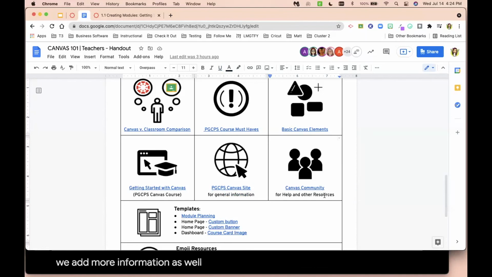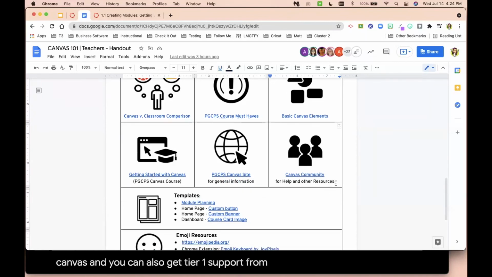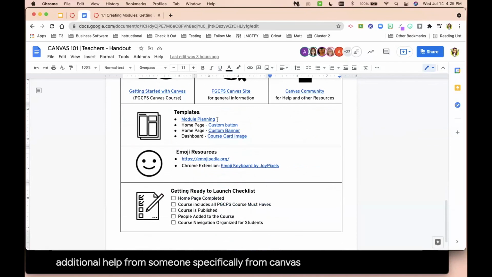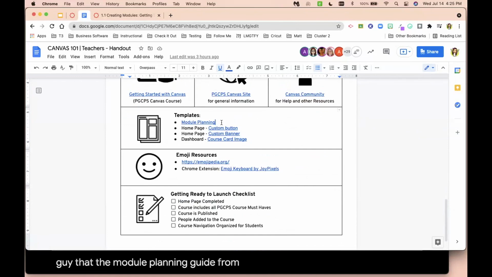And then Canvas has its own support site called the Canvas Community, where if you have specific questions on something in Canvas, there's a bunch of tutorials, directions, videos, and forums. You can also get tier 1 support from Canvas if you need some additional help from someone specifically from Canvas. And then at the bottom, we've included the template guide, the module planning guide that Michelle showed earlier today,